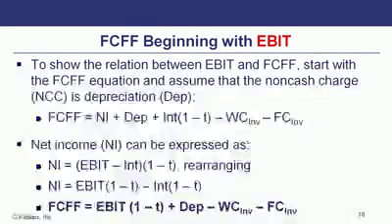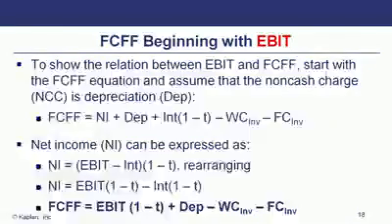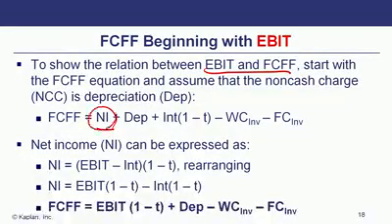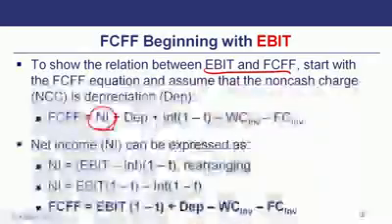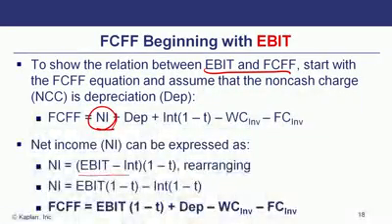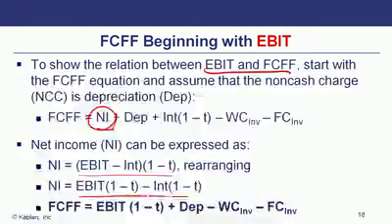Now, looking at free cash flow to the firm, beginning with earnings before interest and taxes, or EBIT, we show the relationship between EBIT and free cash flow to the firm. Notice this is our initial equation starting with net income, but net income also is earnings before interest and taxes. If I'm getting from earnings before interest and taxes to net income, well, then take EBIT, take out the tax, take out the interest. So that's what we're doing here. We can take EBIT minus the interest, 1 minus the tax rate, or separate the two.